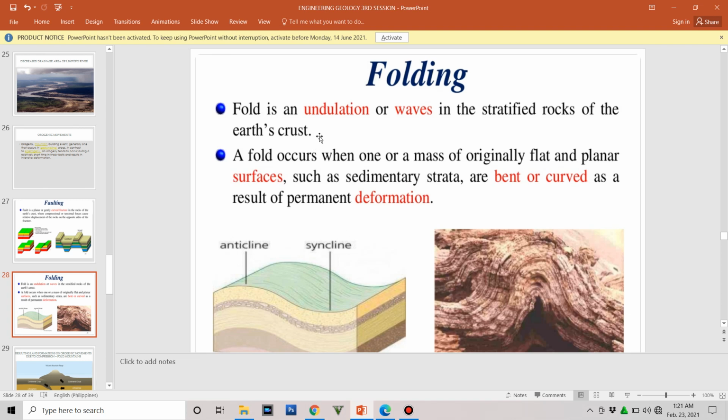So fold is an undulation or waves in the stratified rocks of the Earth's crust. So it occurs when one or mass of original flat and planar surfaces are bent or curved as a result of permanent deformation. So this is more on plastic deformation. Okay, kasi nga instead of breakage, it has bended. Okay,